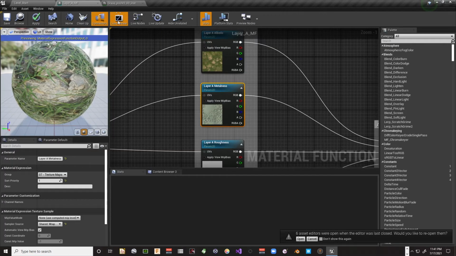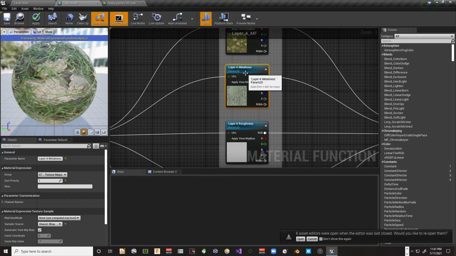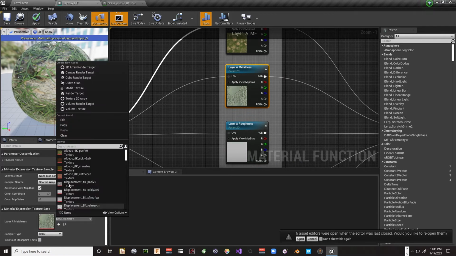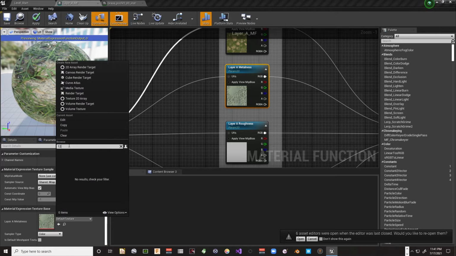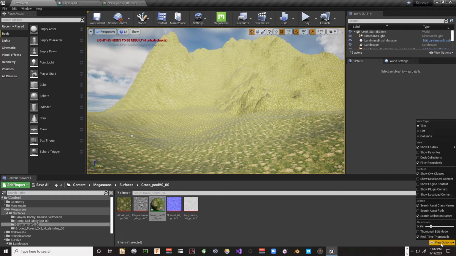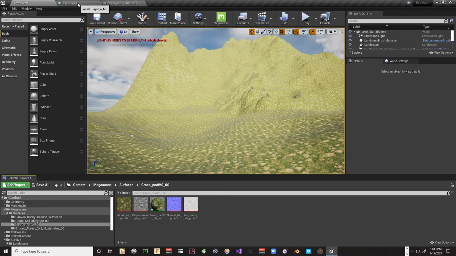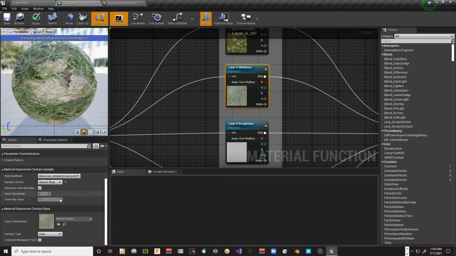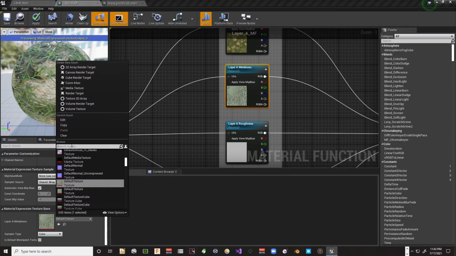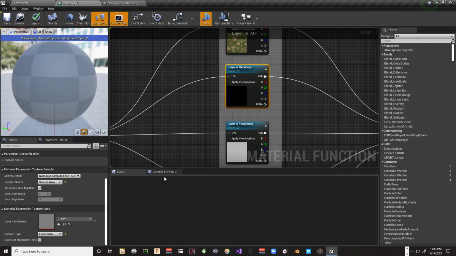So let's go over here and let's start with metalness, and let's pull this down and let's look for that 127. But let's go to view options. Let's turn on engine content. Let's go back over here and try that again. Let's try 127 gray texture on the metalness